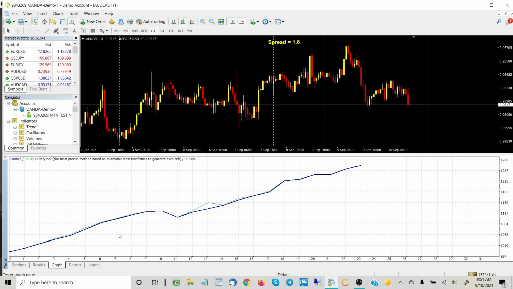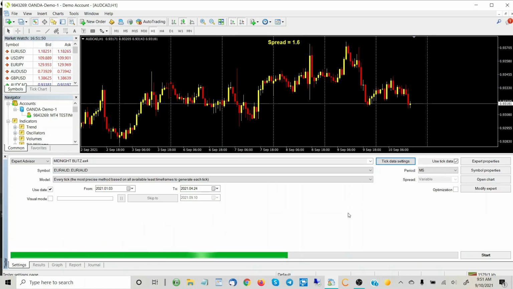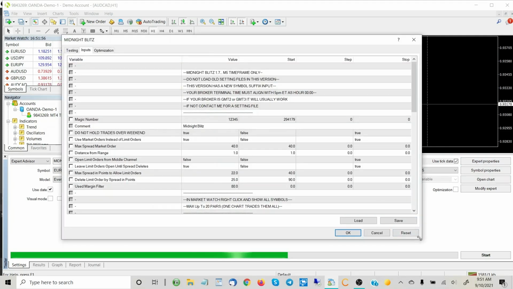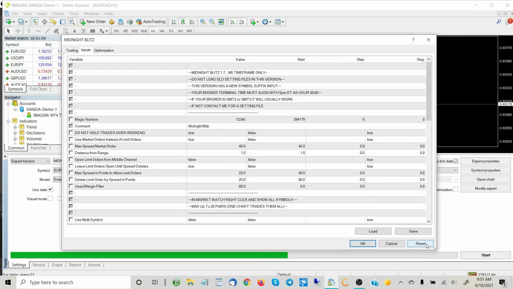They're very easy, much easier than the last one. There's no copying and pasting anymore of the symbols. Now you can select a symbol suffix, and let me just get right into that for you. The first thing I want to do is just look at the settings, explain to you what exactly has changed